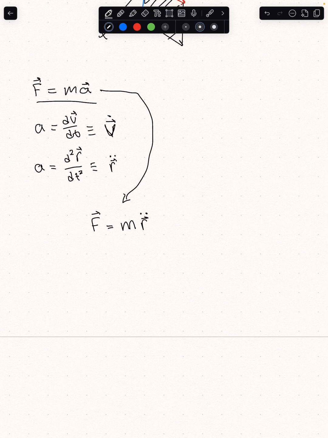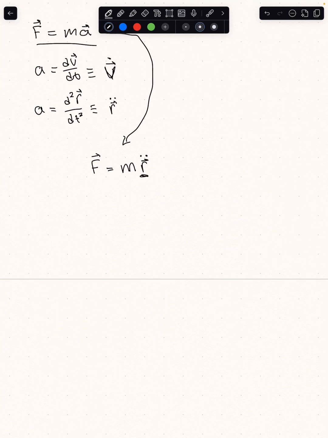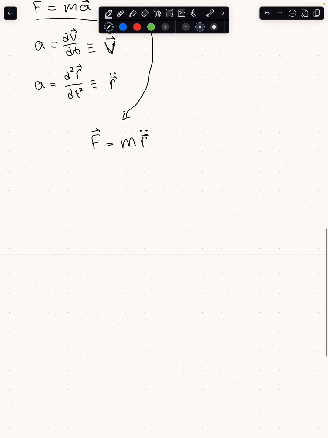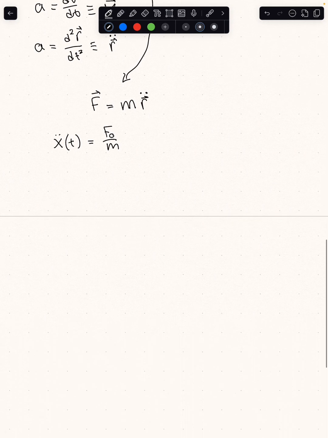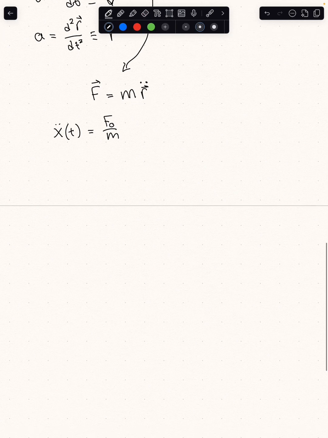And interestingly, where here r is just some position vector, but if we take the equation x double dot of t, so this is the acceleration, equal to F naught over m. All right, this is just rewriting Newton's second law in the form we have here, but specifically in the x direction. If we integrate this once, integrate both sides,